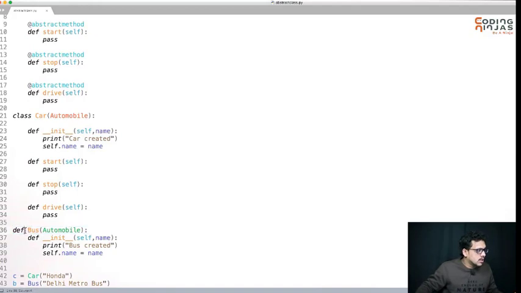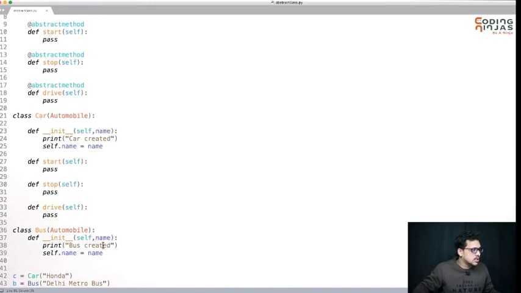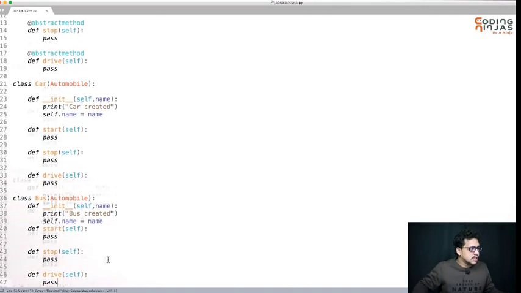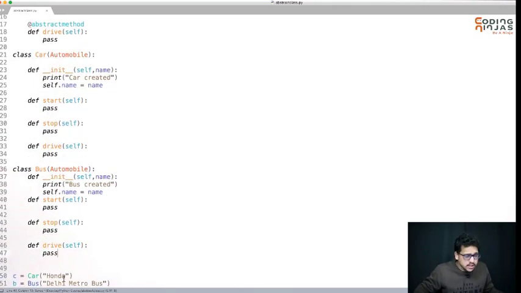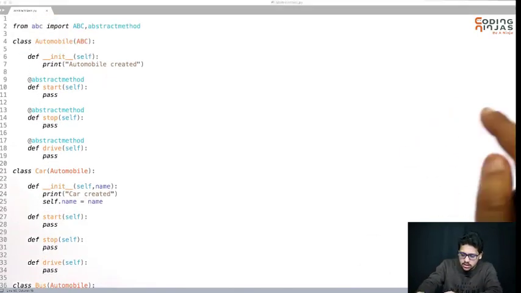Sorry, you will have to create a class here, not a function. Now: can't instantiate abstract class Bus with abstract methods this and this. So you cannot instantiate this. You have to implement these functions. That is very important. So you can create objects of this class, but you cannot create objects of an abstract class. That is an important point.